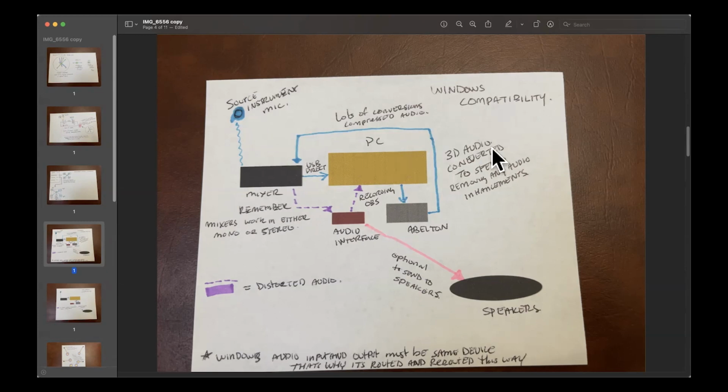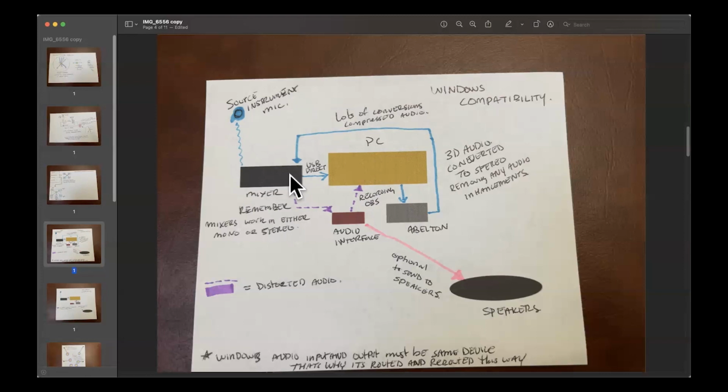So I started off with Windows. This is where it was. I was still using a really old i7 iMac at the time, and I had a Windows desktop, which was pretty powerful. So I was mapping it out here, and man, this is so complex, because you need your mixer here. You've got the source of your instruments, your sound source coming in. So let's map out the sound source, and then you've got your mixer, and then the mixer goes USB direct